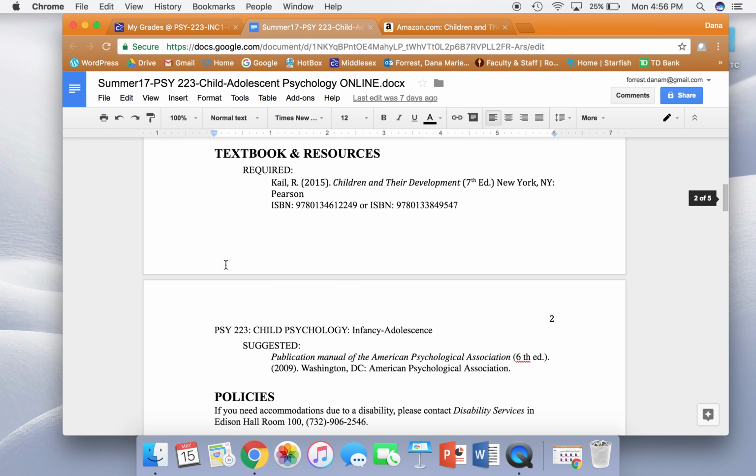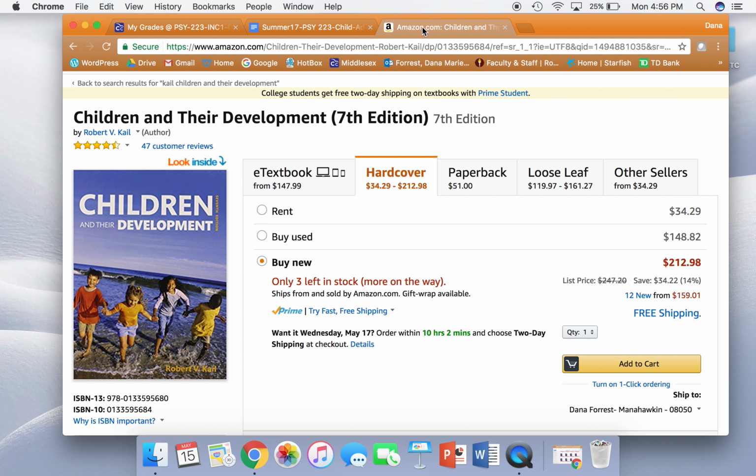All right, textbooks. This is your required textbook. I just want to take a second here. I'm a big proponent of buying used or renting textbooks. This is what the textbook looks like here. There's a nice picture of it. This is the 7th edition, the one that is listed to buy for the course. A few things about the textbook. I never recommend buying a new textbook. There's no need to buy that new textbook. It has all the same information. So if you can rent it, it's pretty cheap here on Amazon, $34 right now.